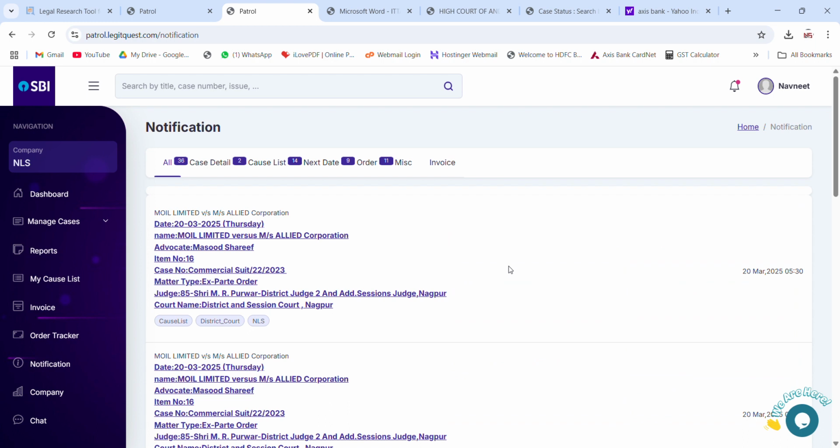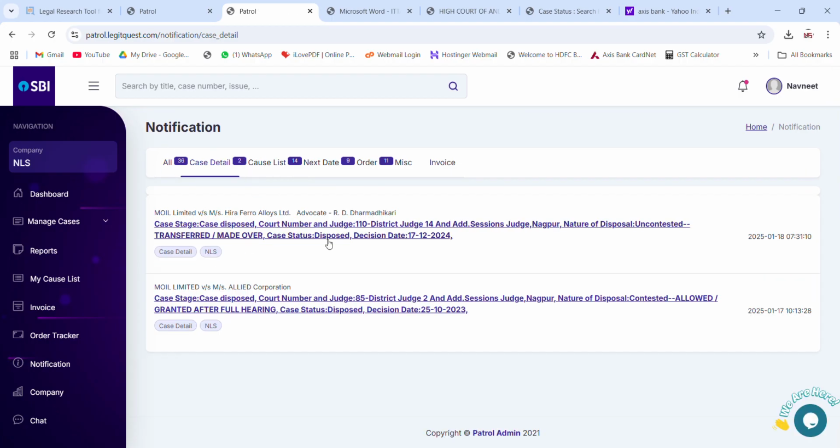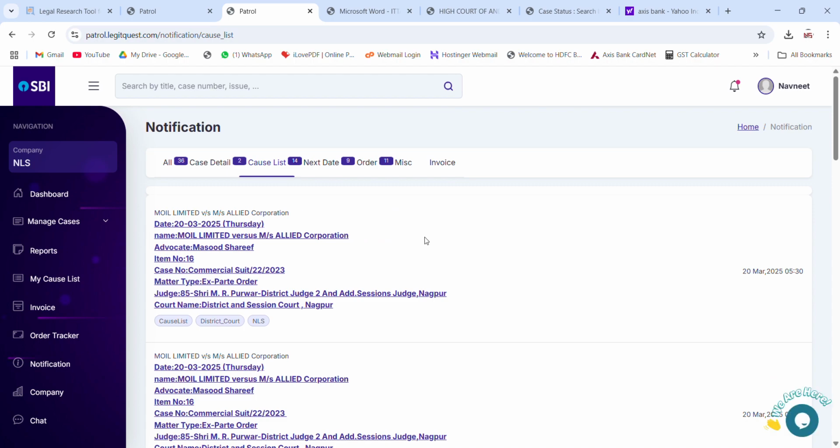Notification is again a very good thing where you are actually seeing all the notifications which are coming. These notifications are coming to you at 2-3 places. This is a platform where you're getting all notification. There is a notifications calendar schedule also, and these notifications are coming on email also. So in email you are able to see your cause list, your next date hearing, your orders, that is coming through email. Now you want to see notification on cases, your cause list,